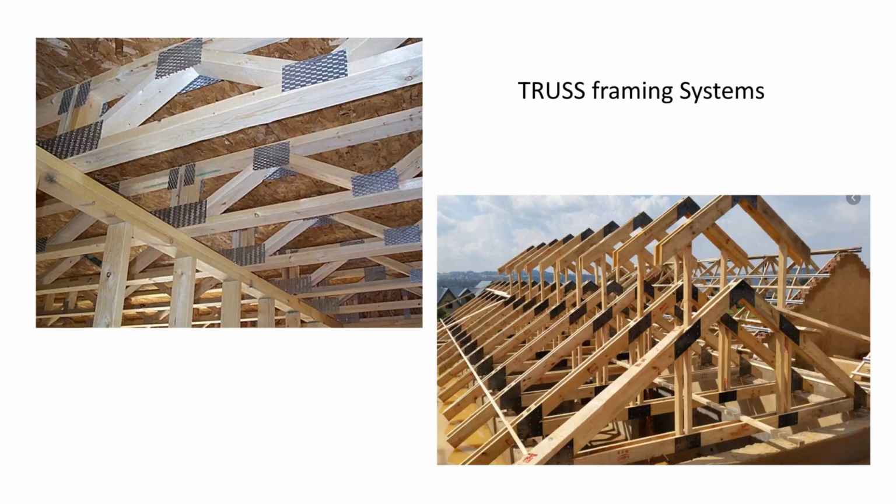This is a truss framing system. A lot of mass production builders will use a truss framing system because they're made in a plant. Rather than put together on site with framers, they bring them in on a truck and they're already prefab. They're already the exact same size. They go up every 16 inches and it makes it a lot faster and supposedly a lot more square because